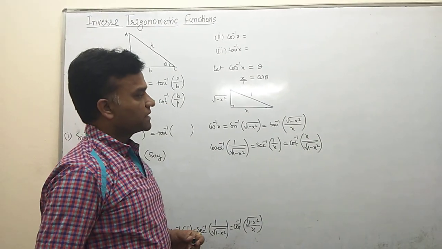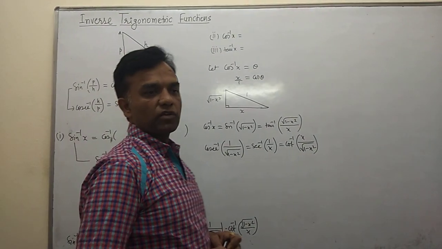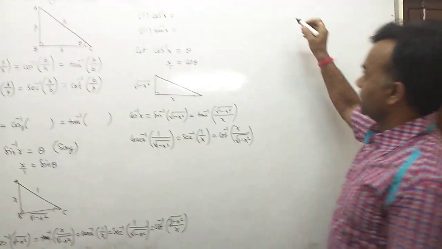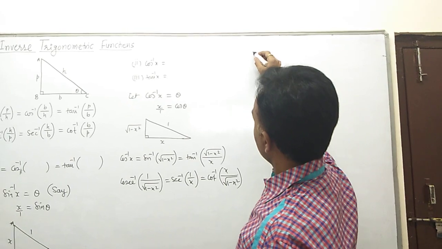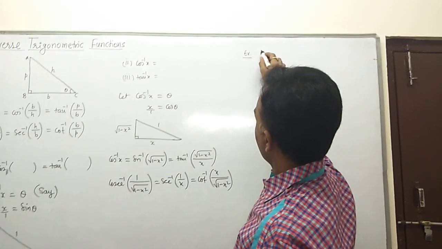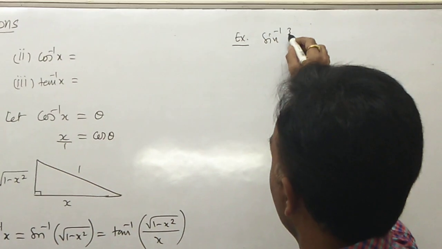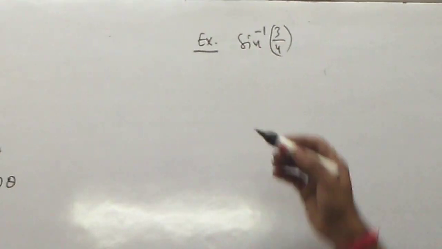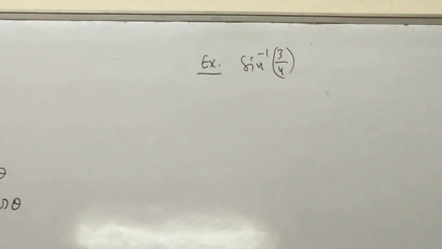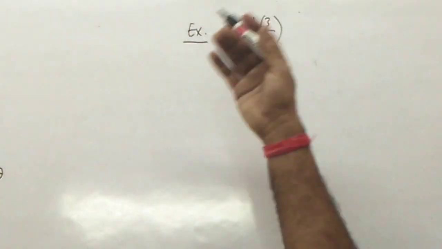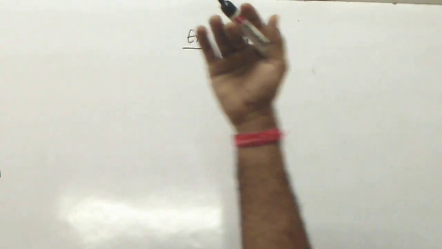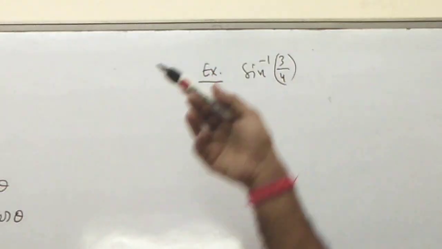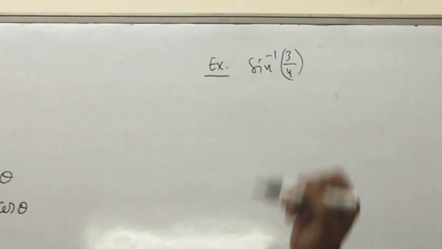So these are the examples related to an unknown value, like x. But now we consider some specific numeric value. For example, you have sin inverse 3 by 4. You convert this sin inverse 3 by 4 into all the trigonometrical ratios. What is the value in the form of cos inverse? What is the value of tan inverse? What is the value of cosec inverse? Because for cosec we know it is 4 by 3, but the rest of the values we don't know.